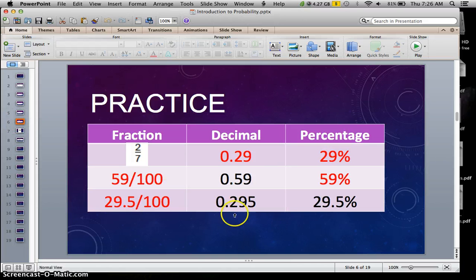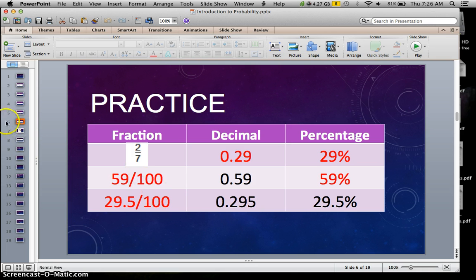Okay, to get our decimal 0.295. And again, we can put the percentage over 100, so 29.5 over 100 to give us a fraction. So again, this fraction cannot be reduced into the lowest terms. This is as far as we can go. We cannot divide any numbers evenly between the numerator and the denominator. Okay, if you have any questions about this, please come to me after the video and we can go through